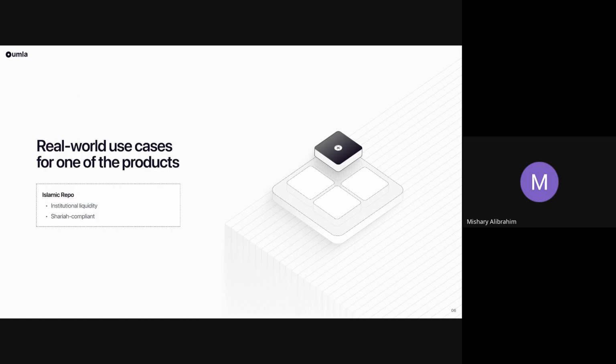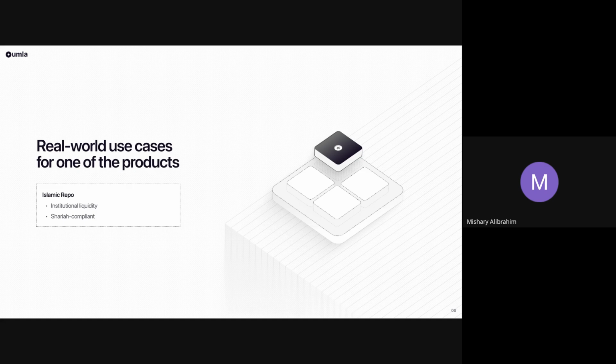Why did we shift the Islamic repo into the blockchain? The reason is the current implementation for the Islamic repo includes too many processes and even too many intermediaries. We try to make these things simpler and reduce the time complexity and the effort needed between two banks. We mimic the processes in different smart contracts and deploy them onto the Ethereum network. And from there, any bank can do this Islamic repo simply by one click.